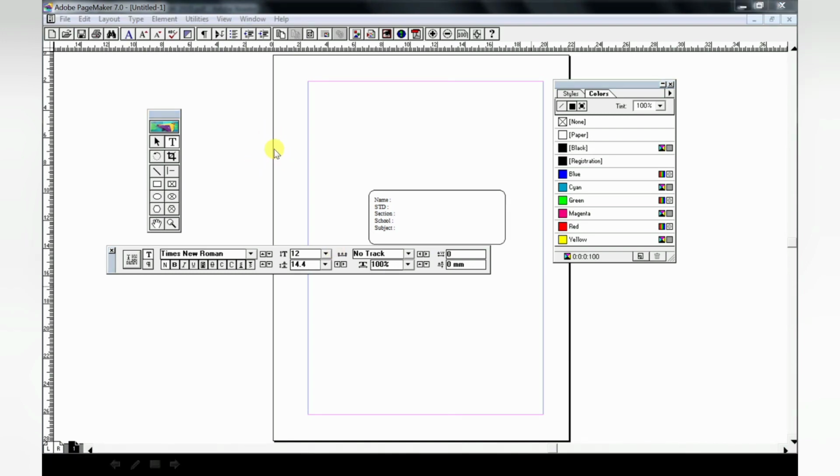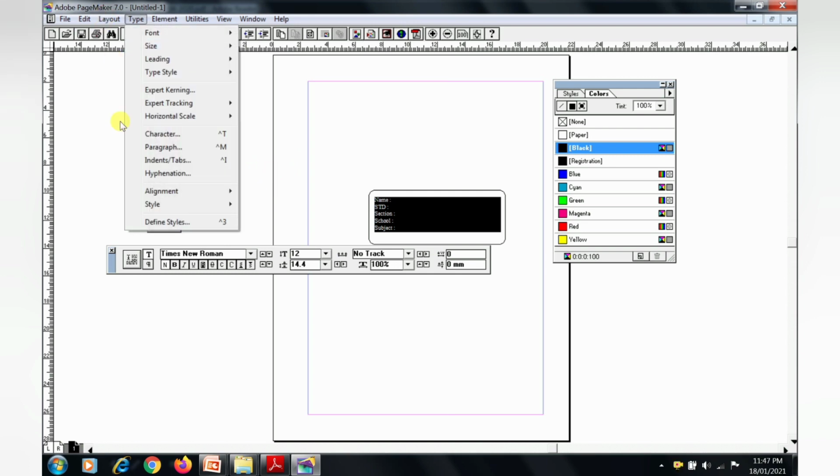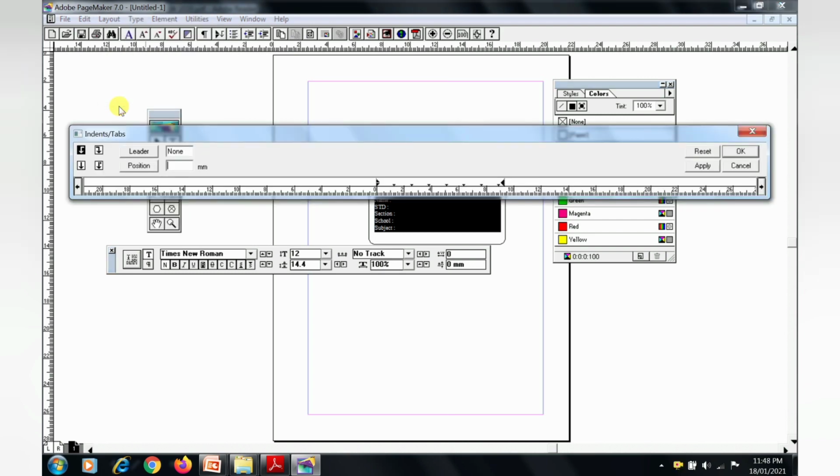After typing all the label names, select all the text using the text tool. Then go to the type menu and select indents and tabs, or otherwise use Ctrl plus I. Set a right tab at the value 90 mm.